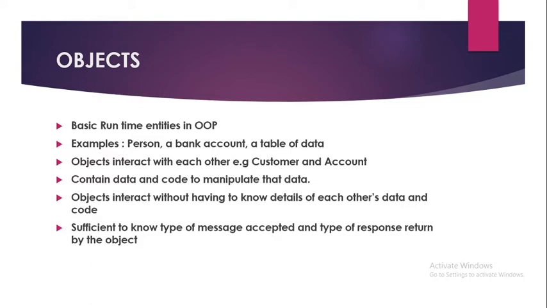You can say the type of the message, suppose it is of type integer here, so that must be given. And the return type, you can say a double value, as it is an amount, can be the return type. So only two things are important for the interaction between two objects: the type of data which has to be passed as a message, and the type of return value from the function.